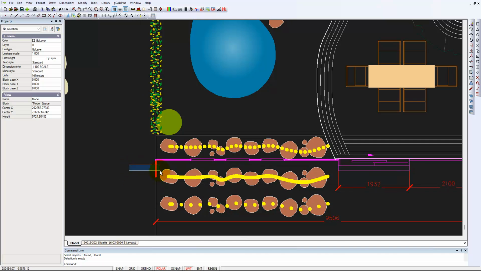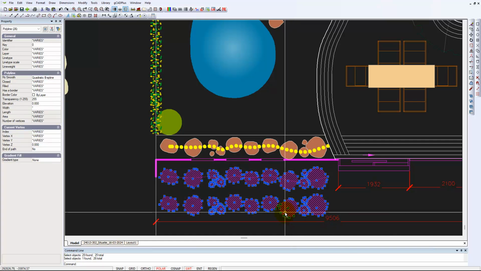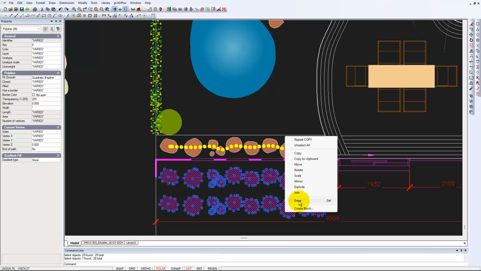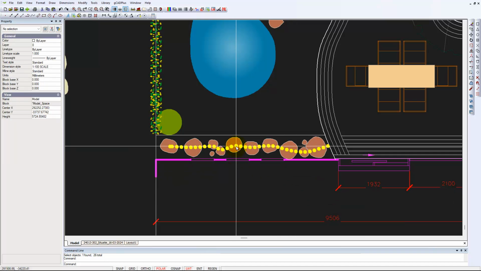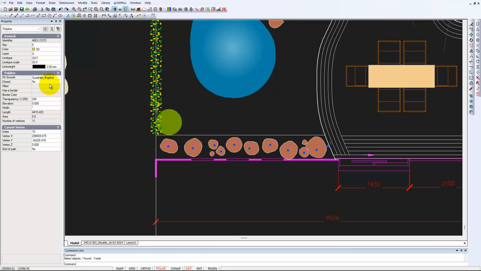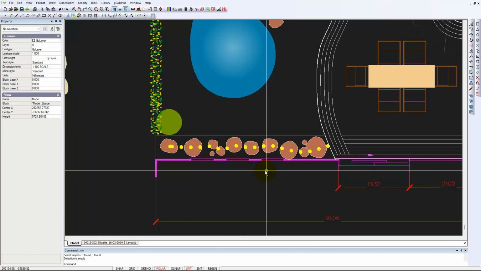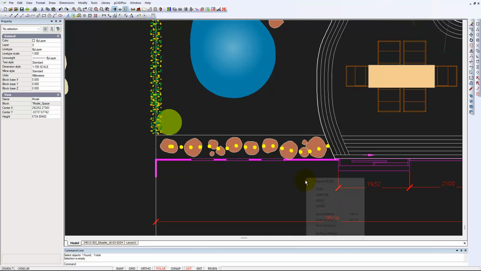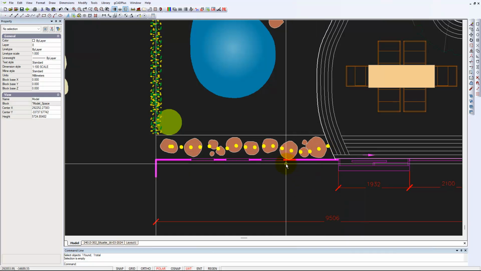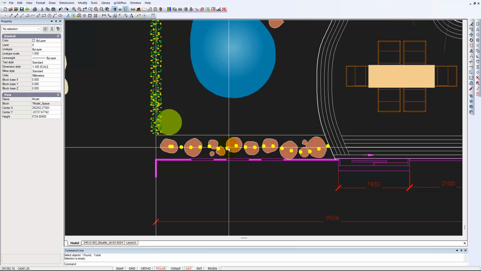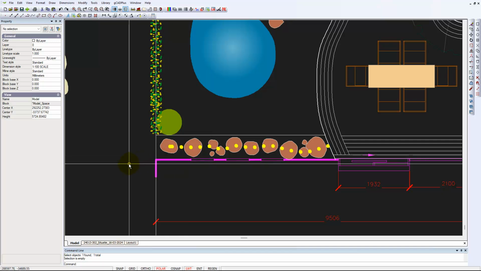So I don't need any of those. I can take an inclusive window and erase those. I think what I will do is move this one back from dot to dot x2, and there we have, for mine, quite a nice path. We can put a tag on here, put a note just saying informal path. I still haven't done the background garden bed information and so on. There's a lot more to add, but notice that we had